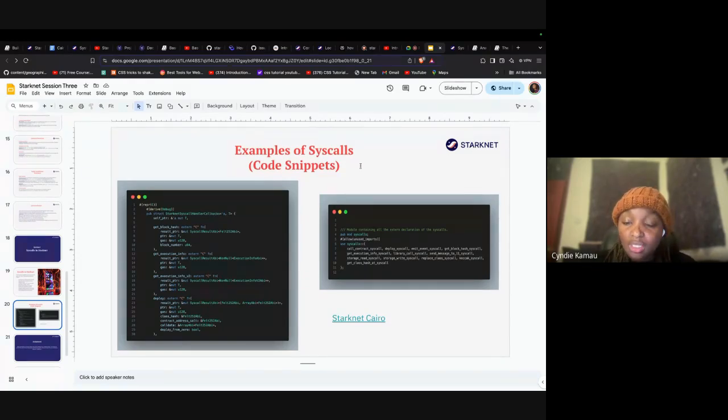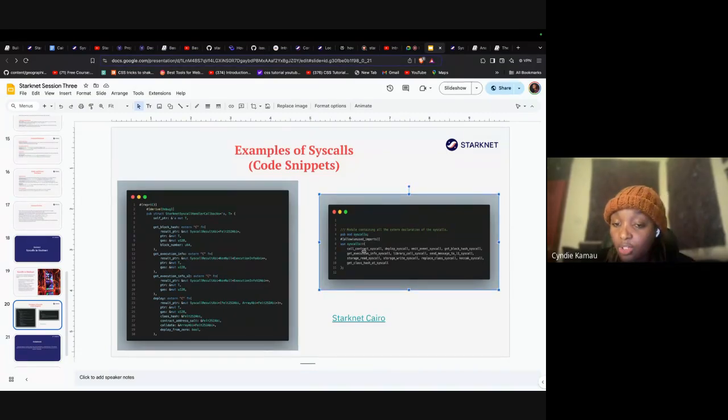So these are two snippets. On my end here, it's like the default implementation. I got this because when I was an intern at Nethermind, we were maintaining the Starknet sequencer. One of the major duties we had was to write the Syscalls which people are using so people can access Starknet, okay? So this is just a snippet of some of the Syscalls, and these are the Syscalls you will be using, okay?